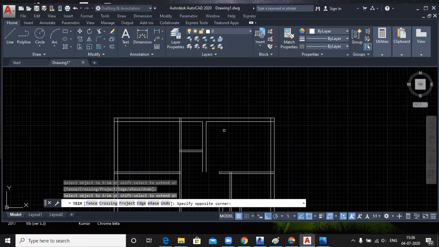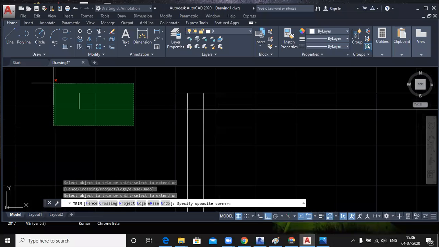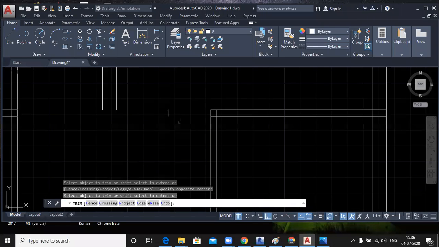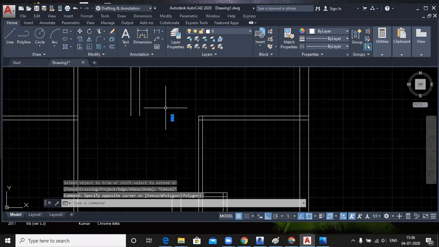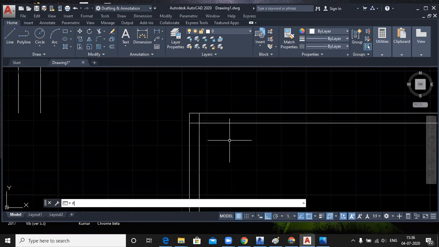No, I am activating the offset every time from the shortcut key. Sir, any shortcut? O, enter. O enter is the shortcut key of offset.